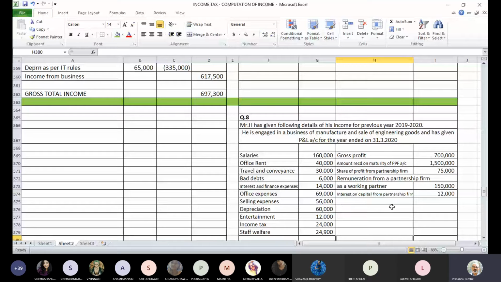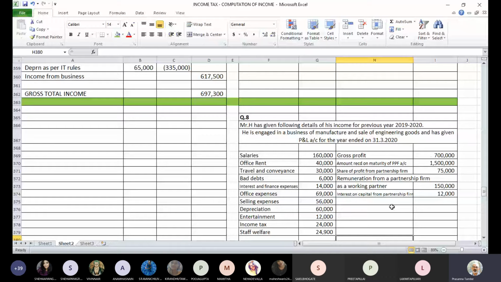We have discussed this. So taxable, sir? No. This is fully exempt from tax. Any amount received from PPF account, Public Provident Fund account, is fully qualified for exemption under section 10, subsection 12. PPF interest is tax free, and whenever you withdraw the amount from PPF account, that whole amount, including the interest, is tax free. So 15 lakhs will not be taxable.